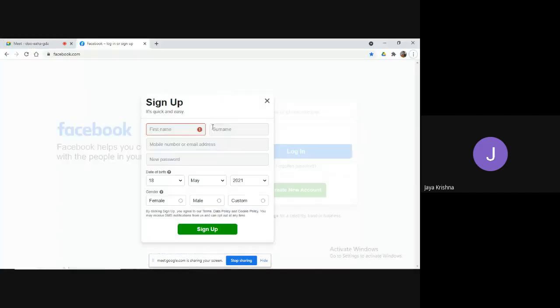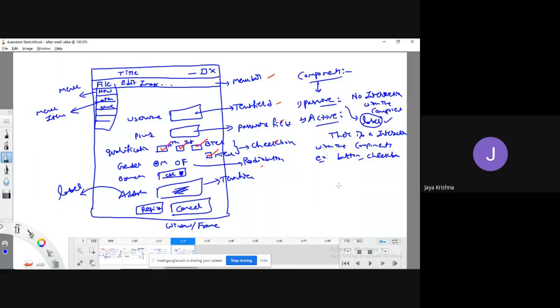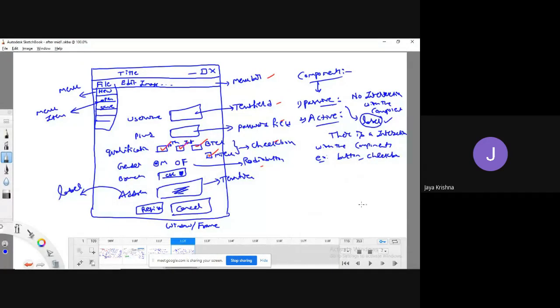Right now, if you observe, once I click here, it is going to provide some kind of information. This is a kind of error, meaning that you must enter something. After entering, it is not providing an error. But if you remove this and skip to the next text field, it automatically provides the error. So it means we are trying to interact with the system. These are all the components we call active components.